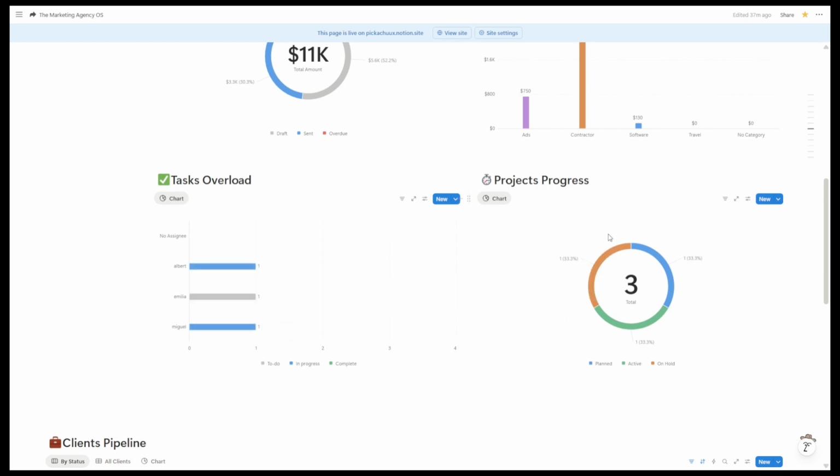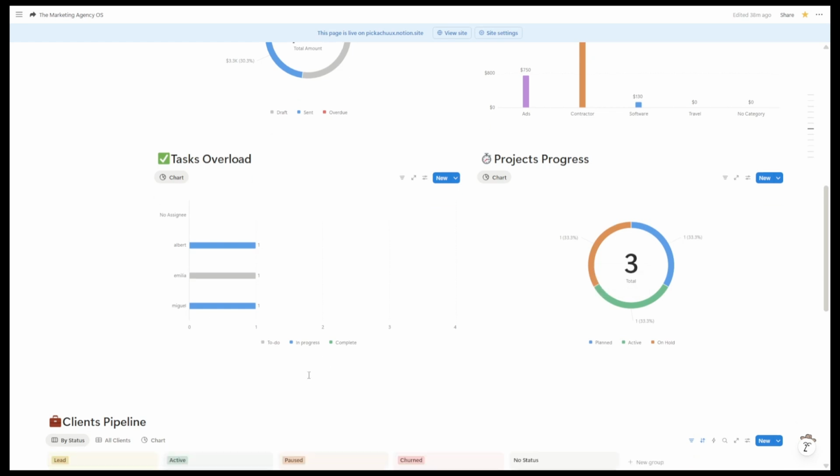And at the far right down, we have the project progress. Here we have all our project statuses and the number of total projects. So we have one planned project, one on hold project, and one active project. If we go back down,